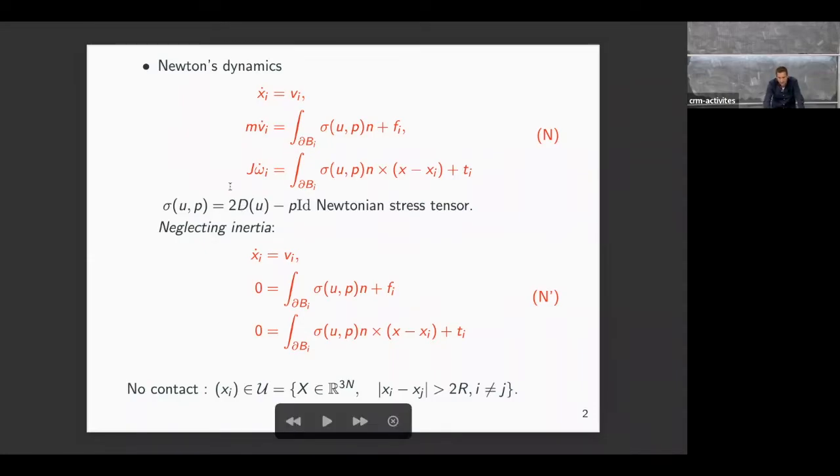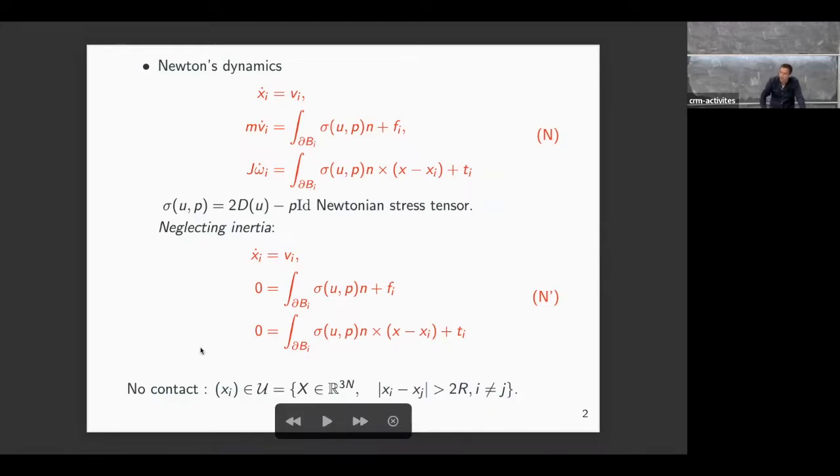But as you will see a little bit later, we will simplify things a little, and we will neglect inertia as well in the particle dynamics. So I will put these acceleration terms to 0, and this will give rise to this set of reduced equations, N prime, where I have a balance of forces and a balance of torques. Last remark. So now I have the full model, right? And the last remark is that